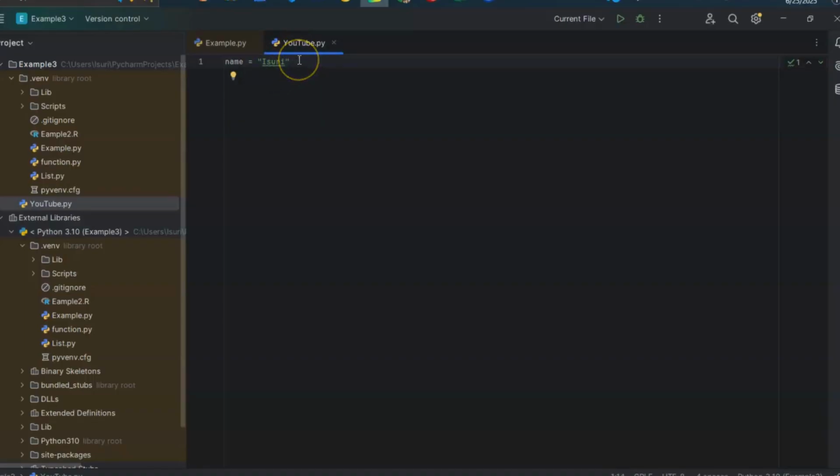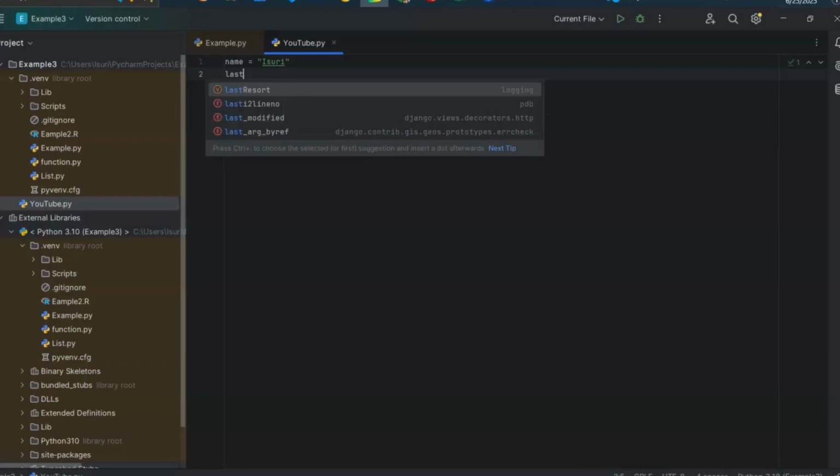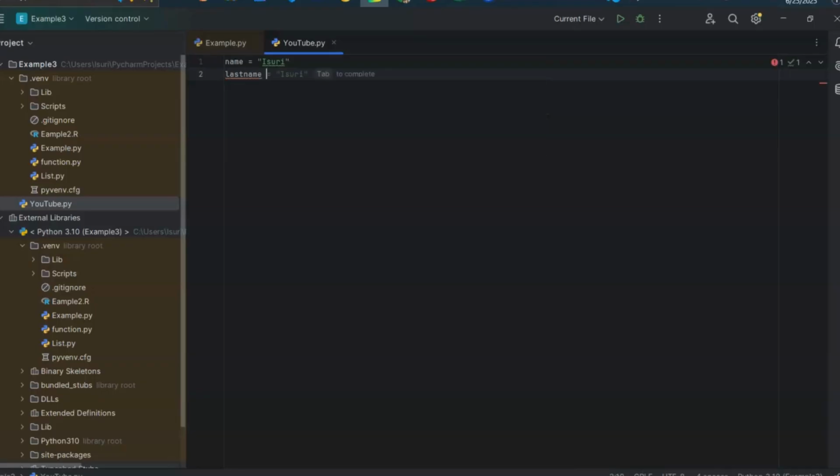At this line, I use double quotes for string value, right? And our second variable, I take last name for my second variable and equal it to